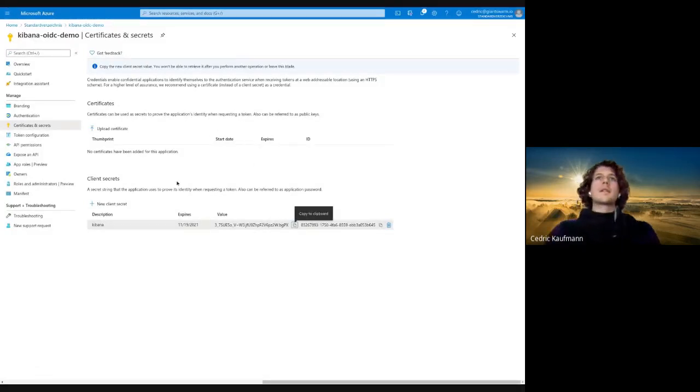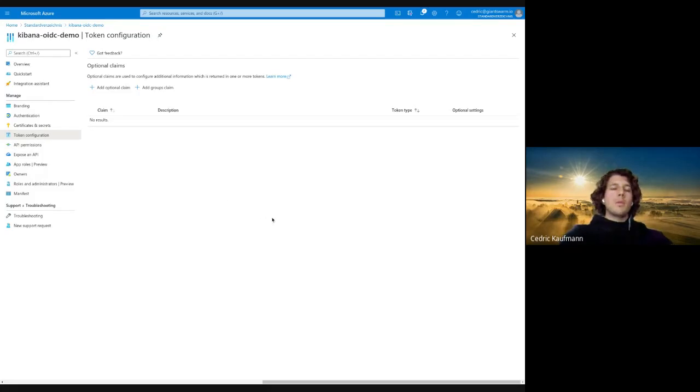Right. Next thing we have to do is to configure the JWT token. In our setup, we configured it to take the group ID of users to identify its role. So the group IDs of that user will be passed with the JWT token, and in the role mapping, we will define this group ID to be mapped to a specific role. And everybody with that group ID will then